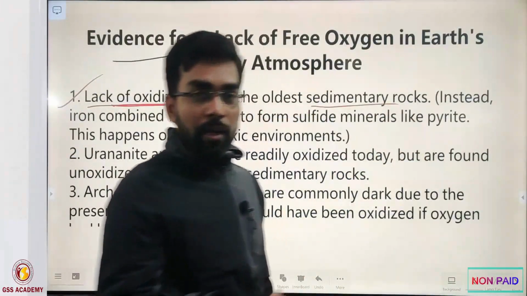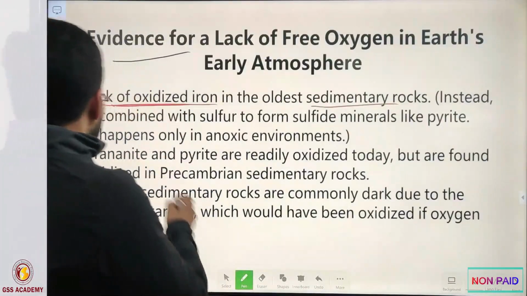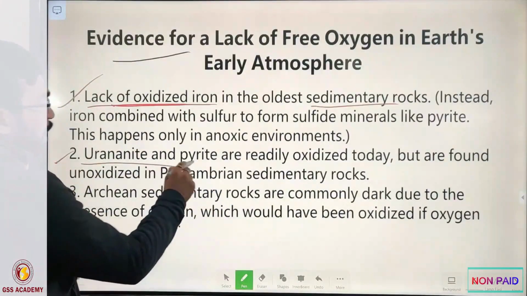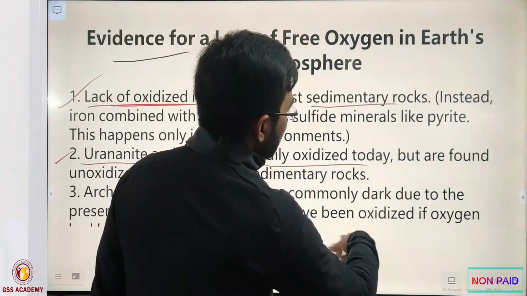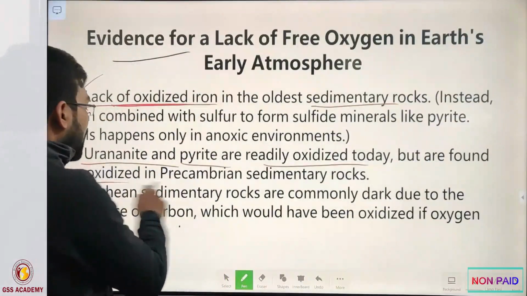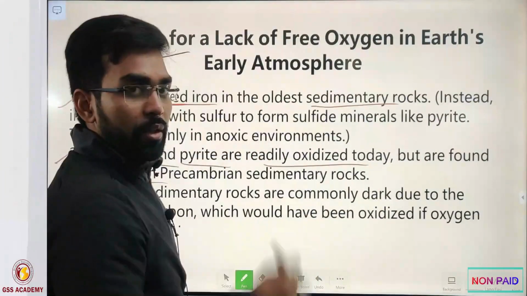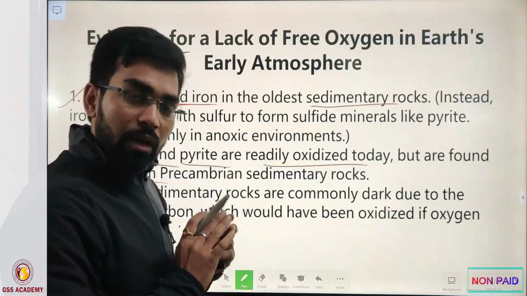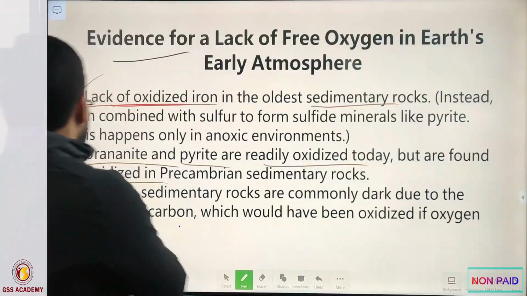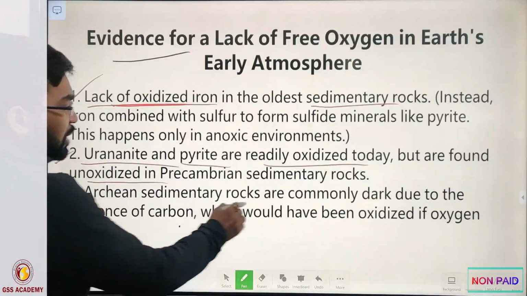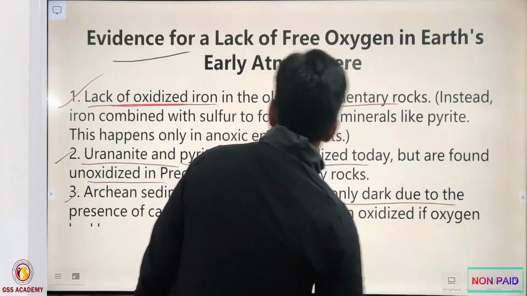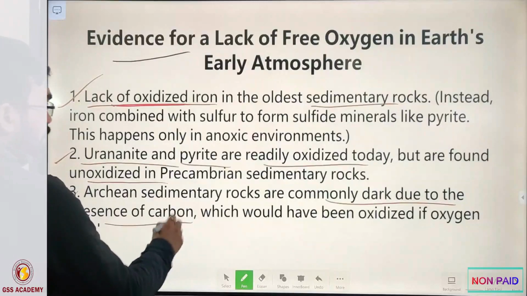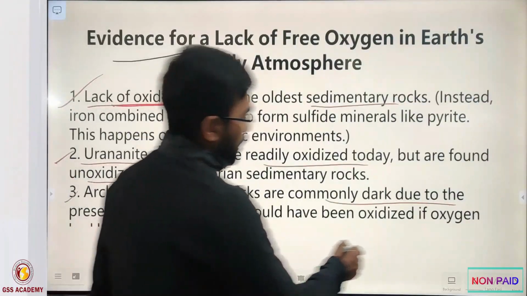We are not finding the oxidized iron. The second one is that uraninite and pyrite are readily oxidized today but are found unoxidized in the Precambrian. Whatever uraninite we found from Precambrian time is all not oxidized. The third one is Archean sedimentary rocks are commonly dark due to the presence of carbon, which would have been